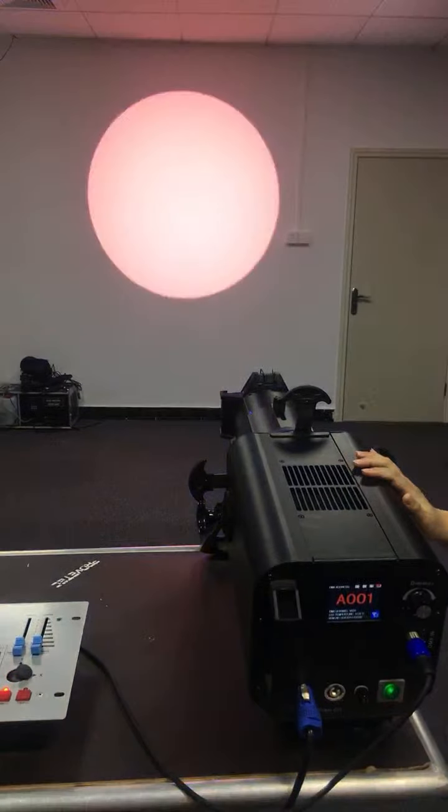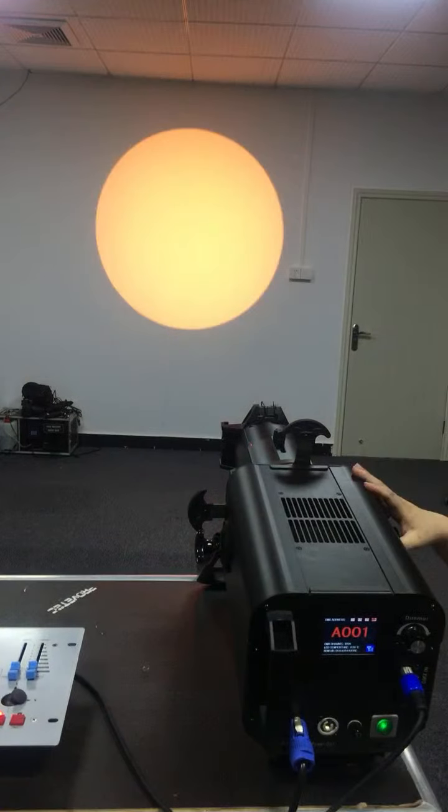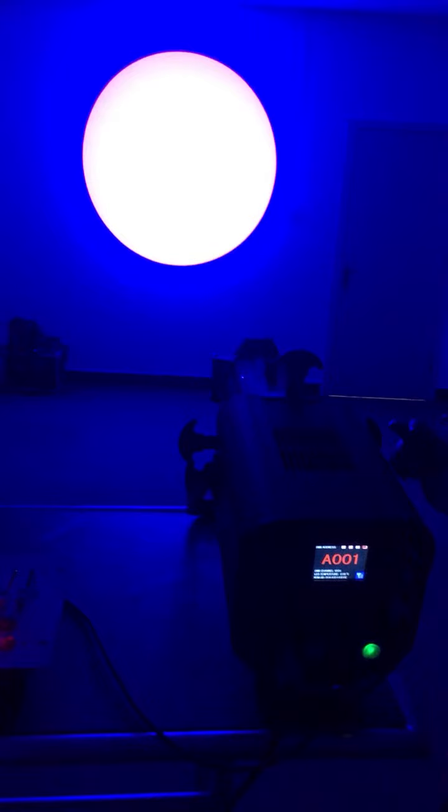The RDM protocol allows the lighting system lights and the attached RDM device to work without disturbing the normal operation of the DMX. With this DMX, if you have the RDM function, then if you want to change any setting, you don't need to go up to the fixture and take it off to change the setting, and then handle it on the fixture. If you have this RDM function, then you just